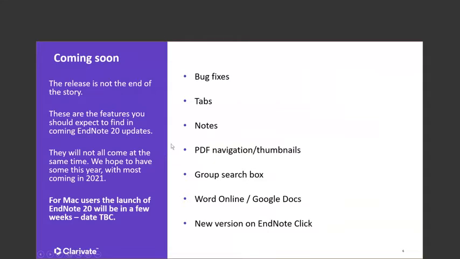Now, so EndNote 20 is now out, launched, and active. However, there were one or two features that we'd hoped to bring to this new version. And there were one or two glitches trying to implement it. And we decided we would still launch and save these for the first patch that will come out soon. So there will be a patch coming out soon, and it will include new features and, of course, any bug